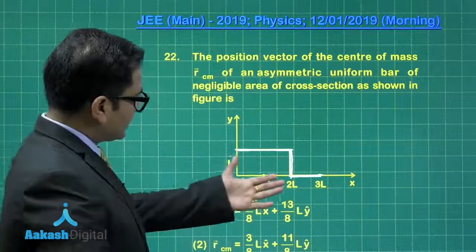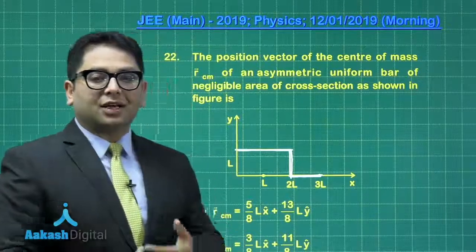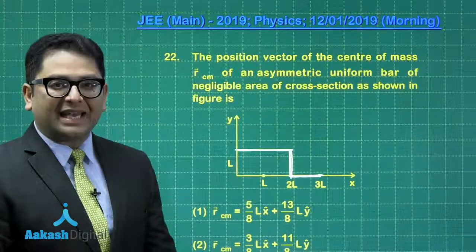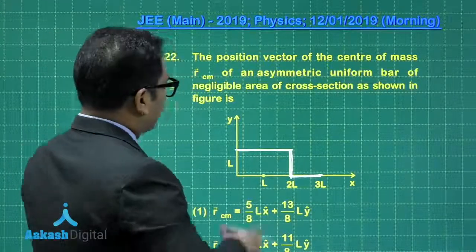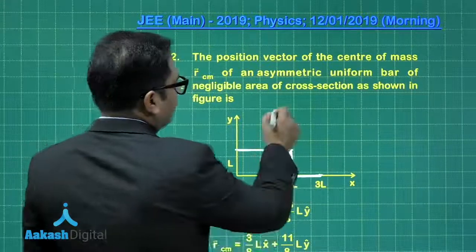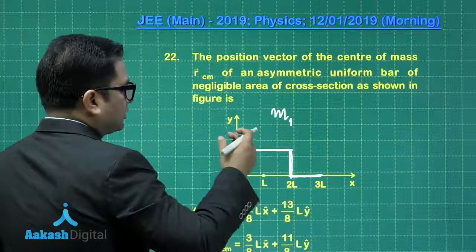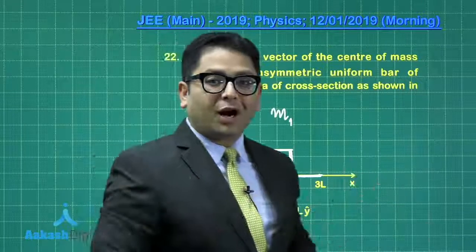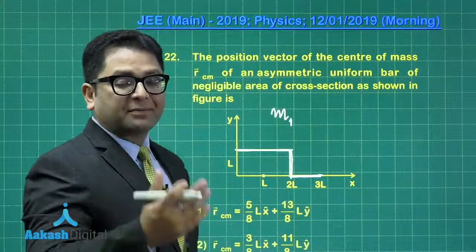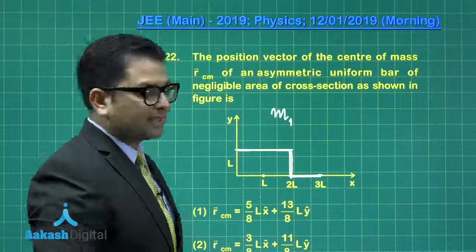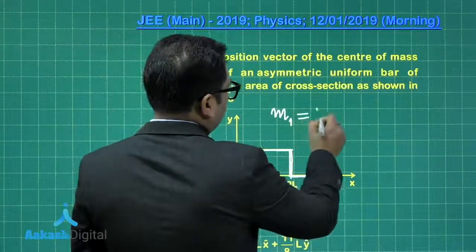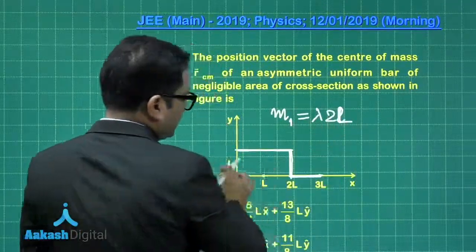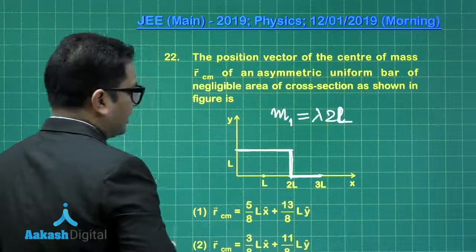the option demands we calculate the position vector in the form of i cap, j cap, or x cap, y cap. It's equivalently the same. Fine. So let's call M1, M2, M3 as the masses. Though the geometry is asymmetrical, the density of the bar is uniform, right? So let me call lambda the linear mass density, and M1 is going to be lambda into 2L, or here that will be capital L because the length has been written in capital L format, and the